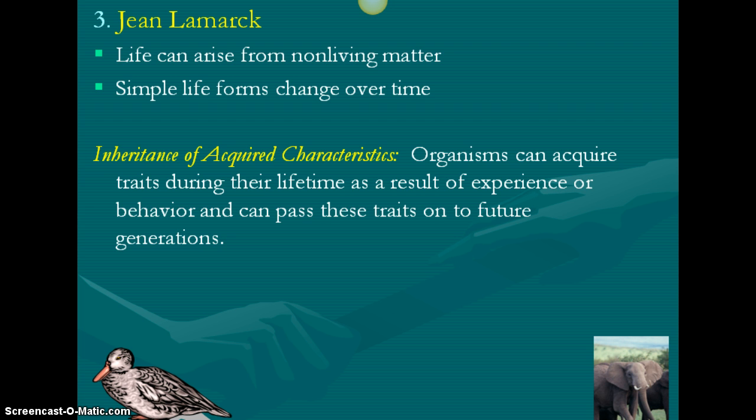That means my next offspring will be very good at football. And if they work really hard, they're going to be even better. And then that will continue. They'll be able to pass that on to their kids. So the idea here, you acquire traits during your lifetime because you've worked hard, you've gathered things together, you've been good at what you do, and you've practiced something really hard. And so because of that, you pass that on to your future generation.